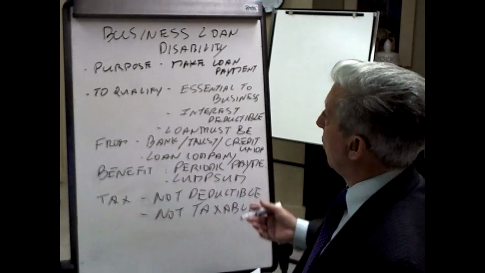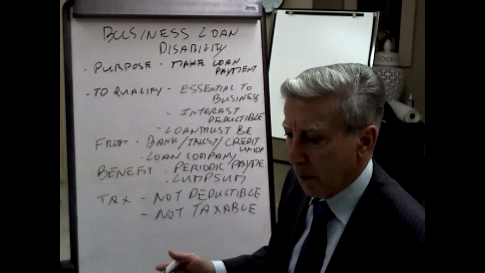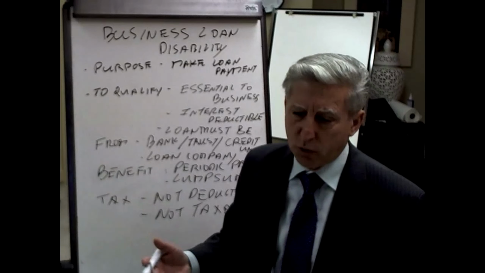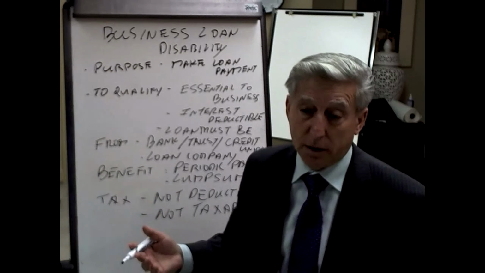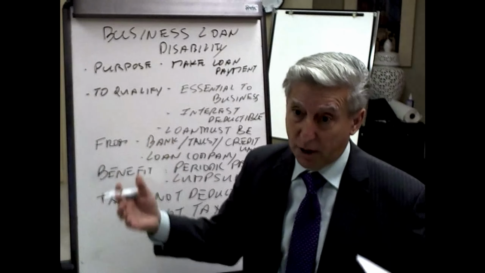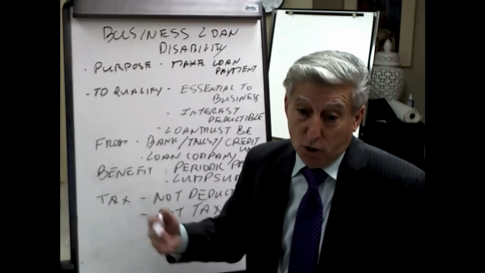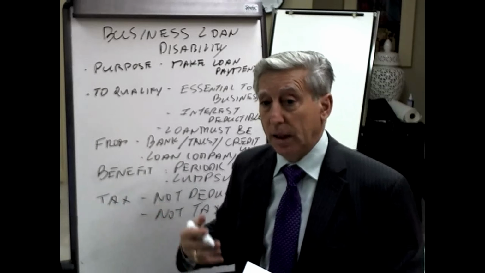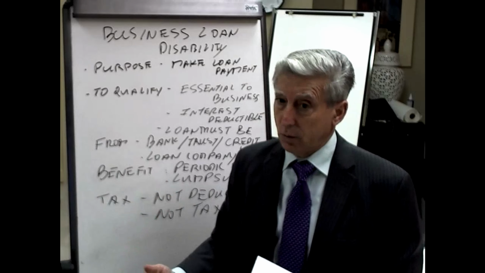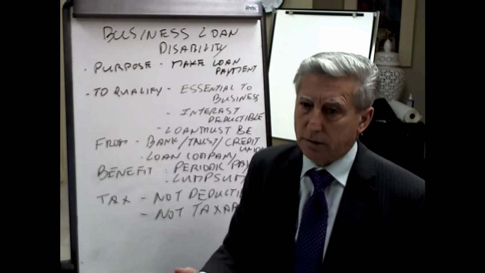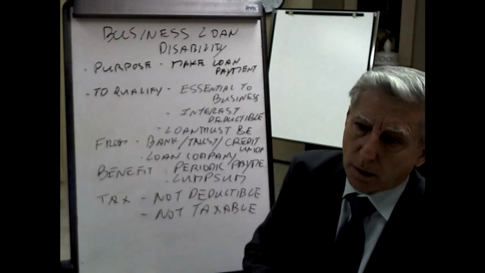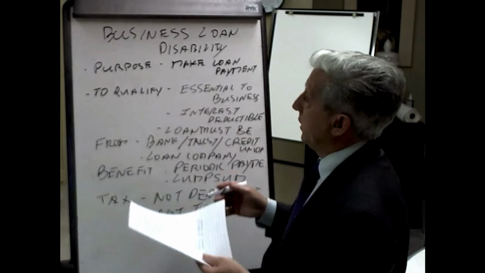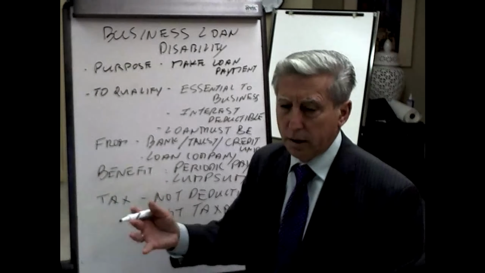The business loan disability type of policy is very, very popular, primarily for small businesses and new businesses. For example, you just started off your practice, you just graduated as a dentist or as a doctor or whatever, and you're just starting off your practice. You may end up having to borrow substantial sums of money in order to get things going, and that's fine, except that should you become disabled, all that comes due as well. So how do you protect yourself against that? Along with your BOE, business overhead expense policy, which we talked about in a previous session, maybe it's a good idea to have a business loan disability policy attached to that as well.